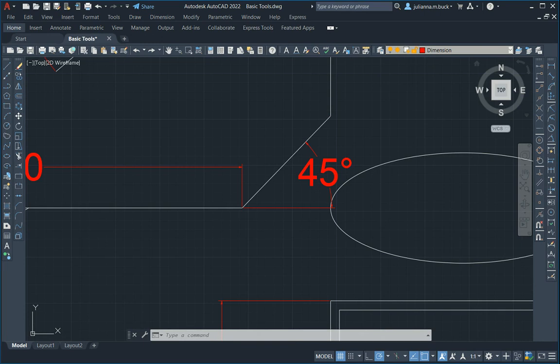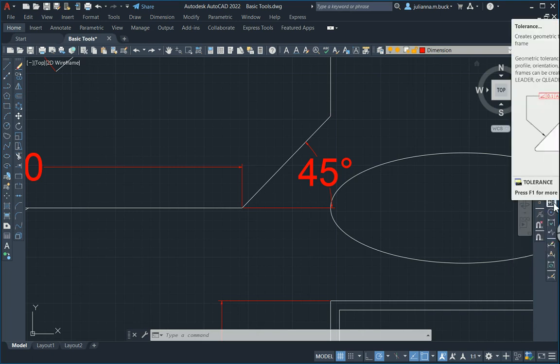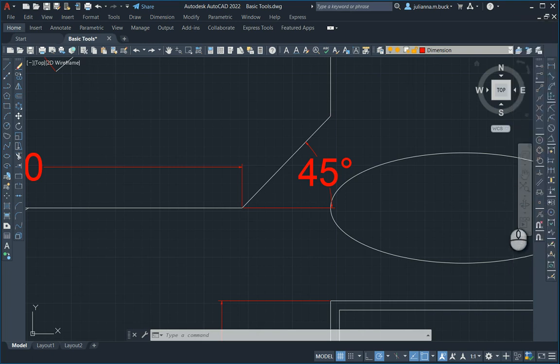The last command that I'm going to talk about in this video is the tolerance command. Tolerances are used a lot in drawings when you are machining parts and you need an object to be within a certain range of dimensions. I'm not going to go into the details of how tolerances work or why they're set up. I'm just going to show you how to add one to a drawing. I'm going to select my tolerance command,